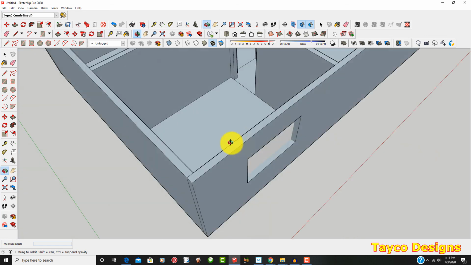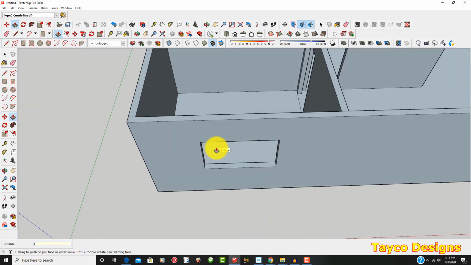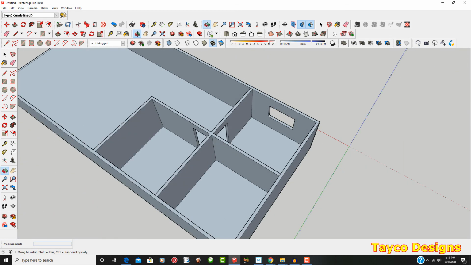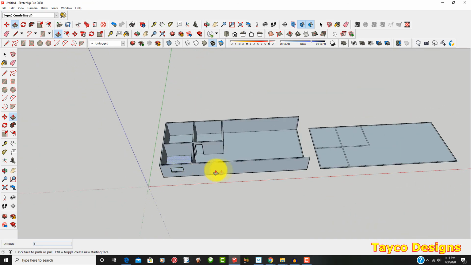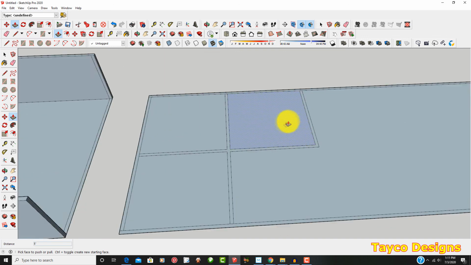Now I know my walls are 5 inches, so I'm just going to push 5, enter. There we go, all the way through. Easy process on that little example. Another example is